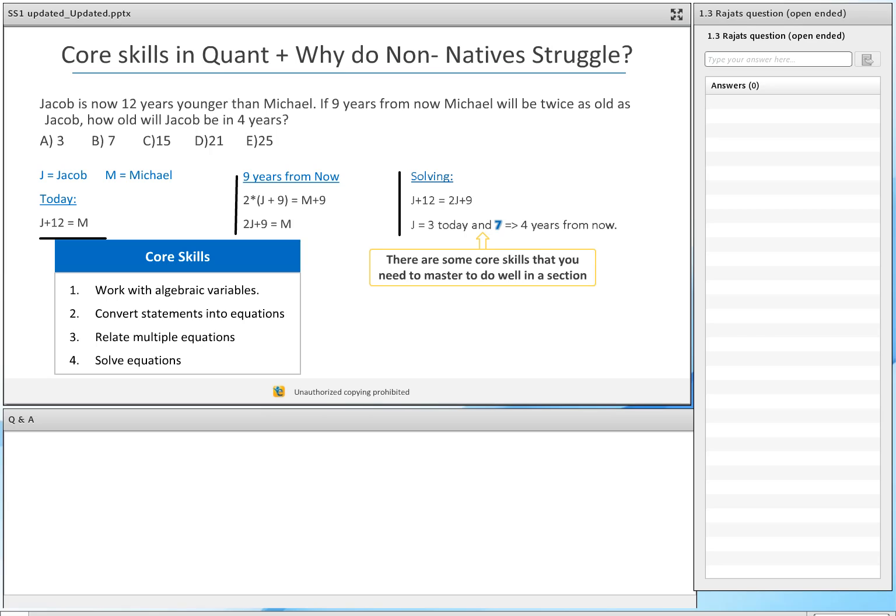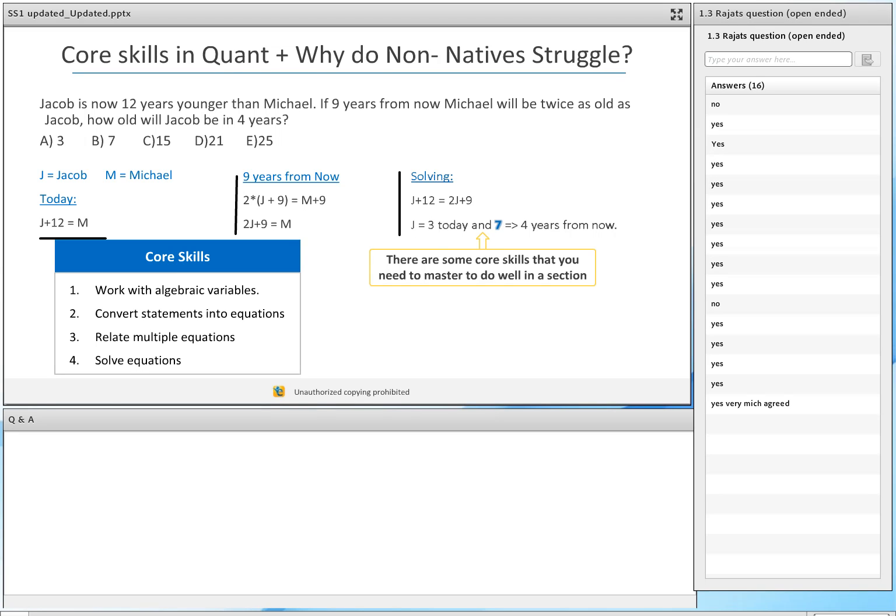Take a moment to read this and tell me, do you agree that these are the core skills, the main skills that are required to solve a question such as this one? Okay, those who are saying no can put that response in the Q&A pod to really say why do you say no. But essentially, most of you really say yes. These are the core skills. Now, tell me,